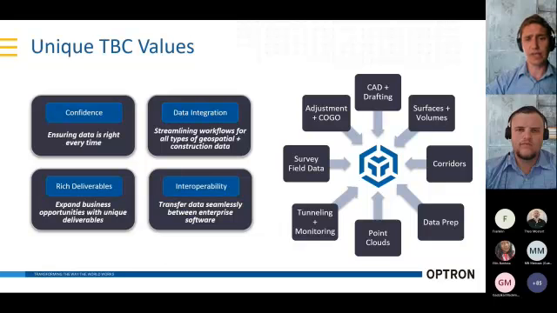Okay, just some of the unique TBC values is that you can capture your data and process your data with confidence. There's data integration, where there's streamlined workflows on how to take your data and create those deliverables. And that's ultimately what we as Optron do, we are consultants, and we want to make sure that you get the best out of your hardware and get to your deliverables faster. And then also, as I've mentioned, the software allows you to offer more. So the rich deliverables, I'm going to touch on that in more detail, but ultimately it's giving your